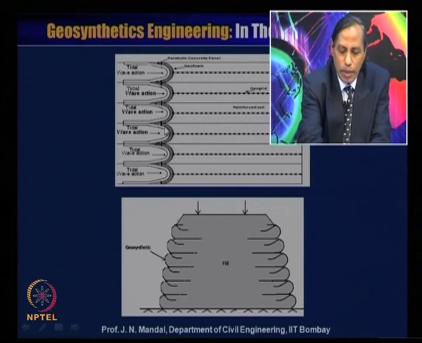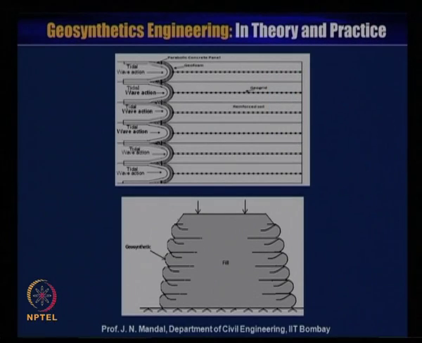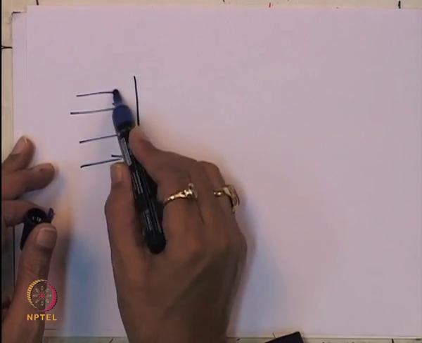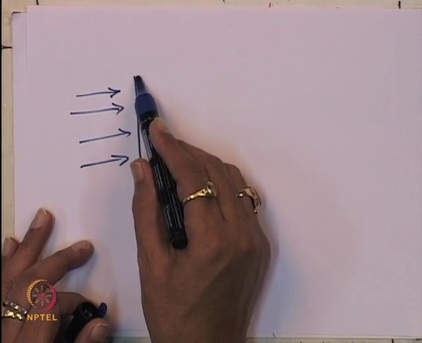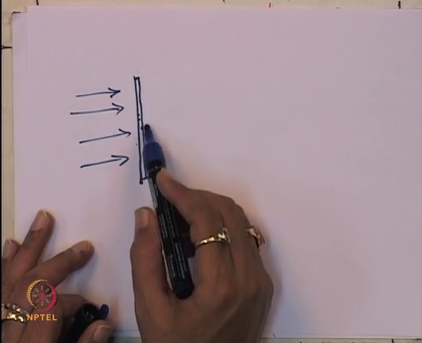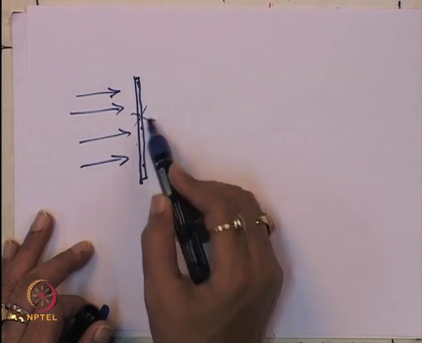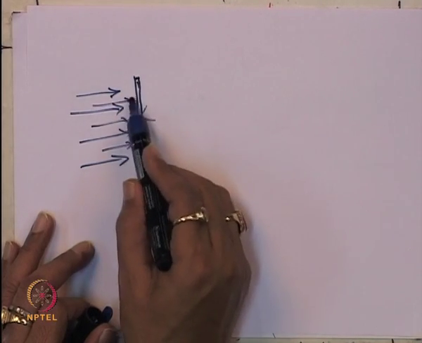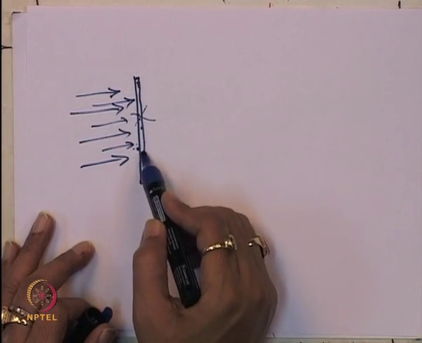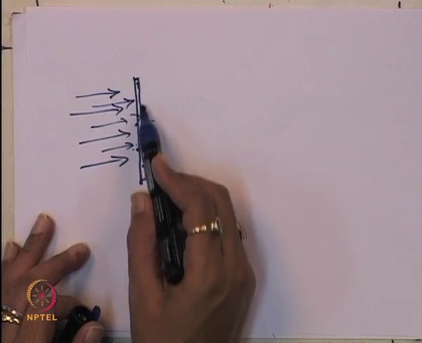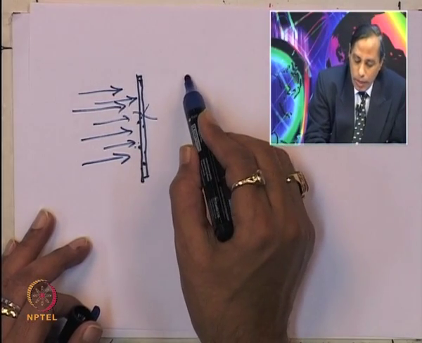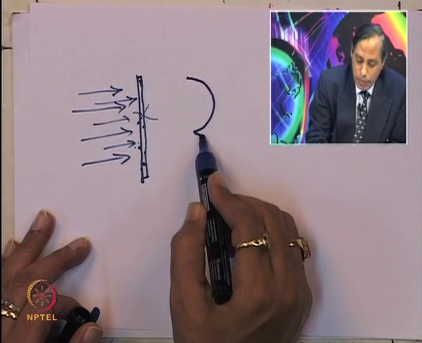Now, if you simply place a concrete like this, when the wave attacks this facing element made of concrete, because it is rigid there is a possibility of breaking, and whatever force is applied is applied directly on the concrete. Since it is rigid, most of the time it fails. Alternatively, you can provide a kind of semicircle